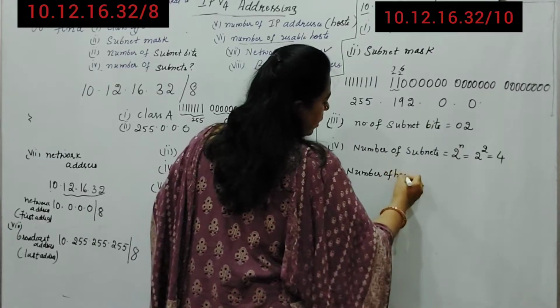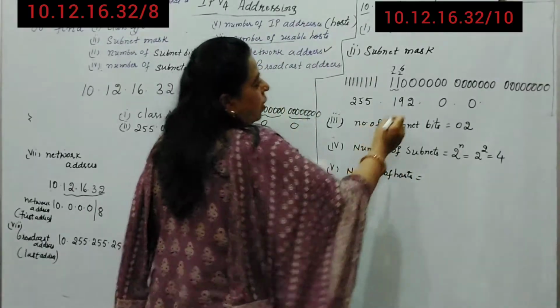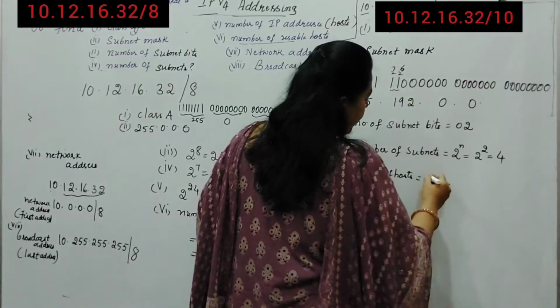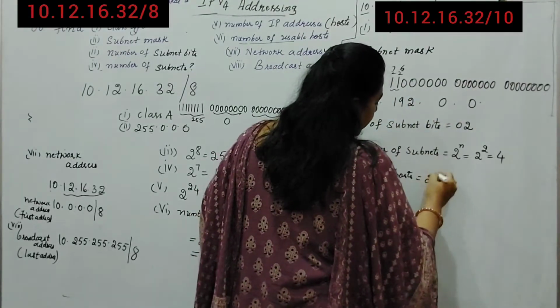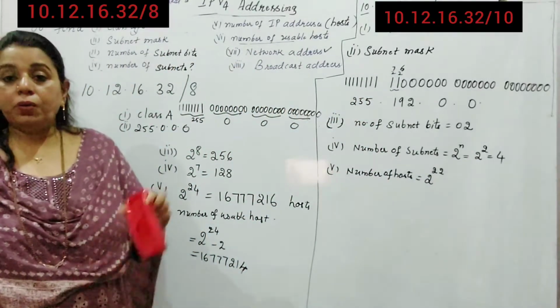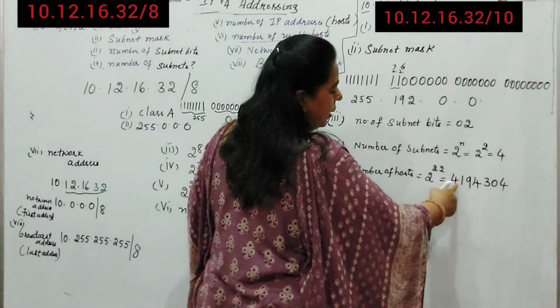Number of hosts equals how much? Now you just see the host bits. Out of 24, 2 are taken and 22 are there. So 22 means 2 to the power of 22. Number of hosts will be how many? 2 to the power of 22, and it is